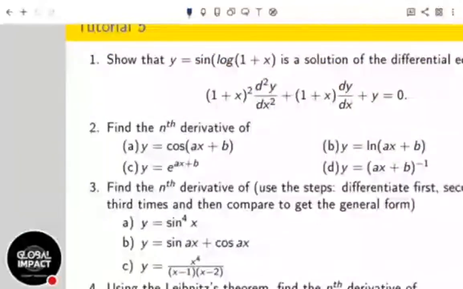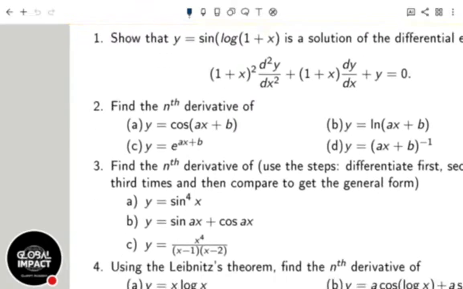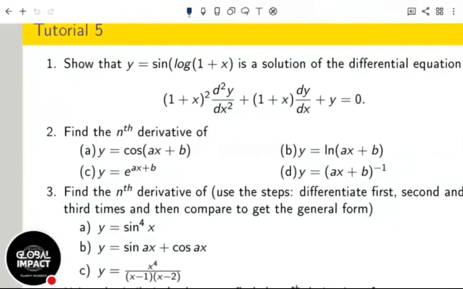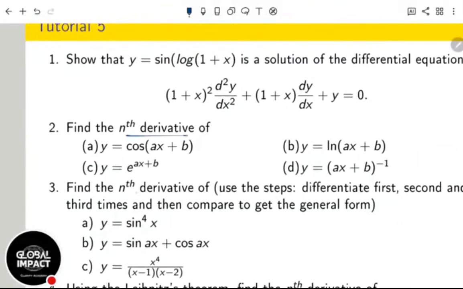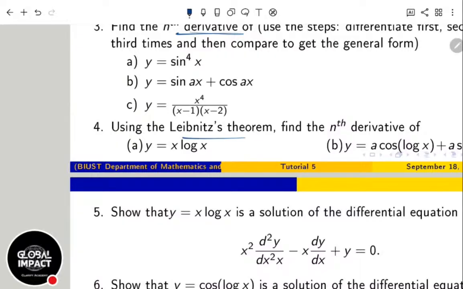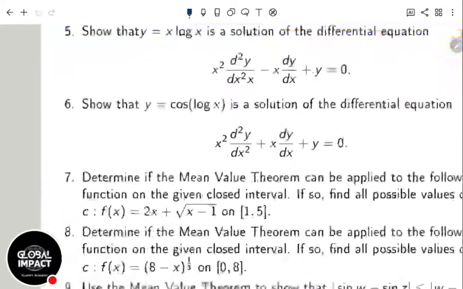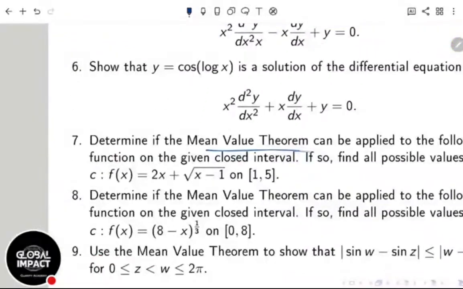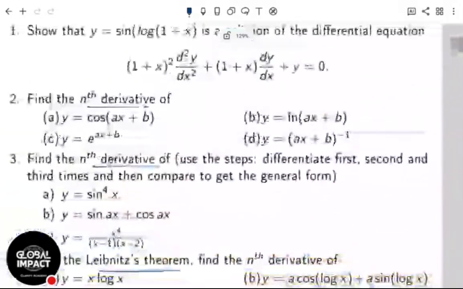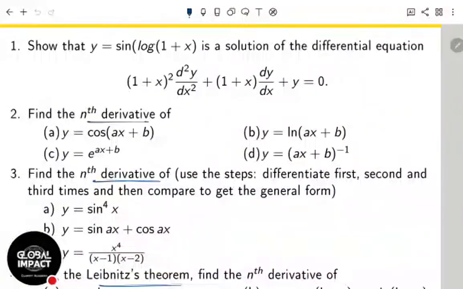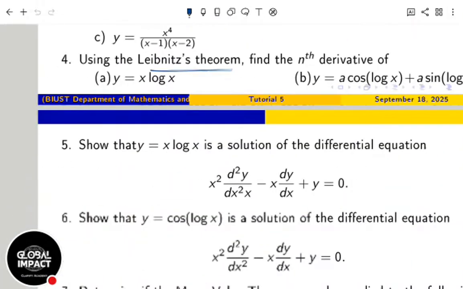So I'm going to start with this tutorial 5 because I feel like it is the most feared one, and it's a little bit different. If we are good at this one, it is going to help us to then be good at the rest. There is a lot to do. Let's start by doing the questions for nth derivative, Leibniz theorem and mean value theorem. When we can do these ones, the rest is just a walk in the park, so we'll enjoy anything else.